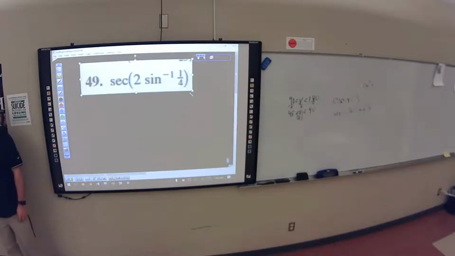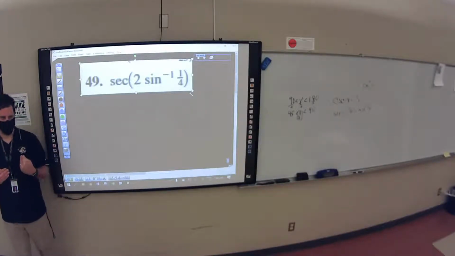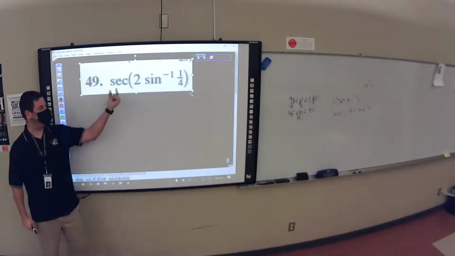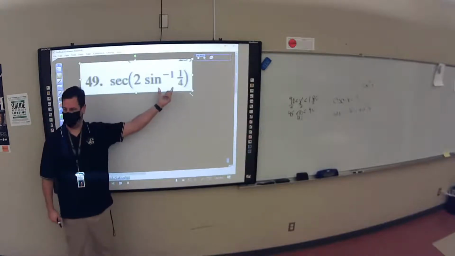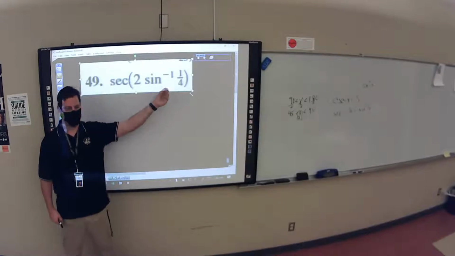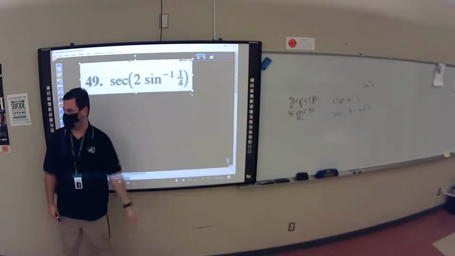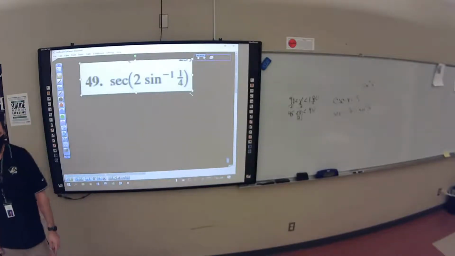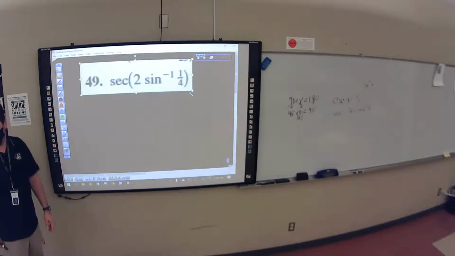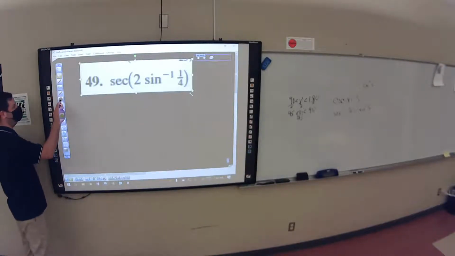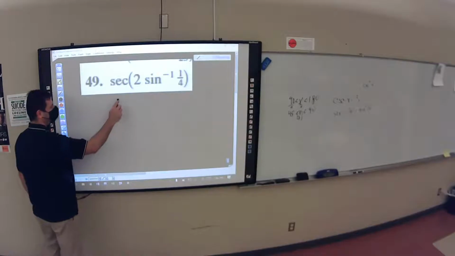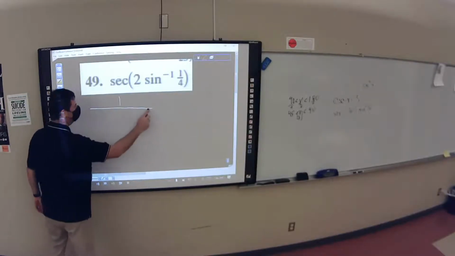Okay, so now let's look at it differently. Secant of a double angle. This is nothing more than an angle, fair? It's just an angle, so this is secant of a double angle, and I don't have a formula for the secant of the double angle, but I do have cosine of a double angle. And so to make that a cosine, I'll just make it 1 over